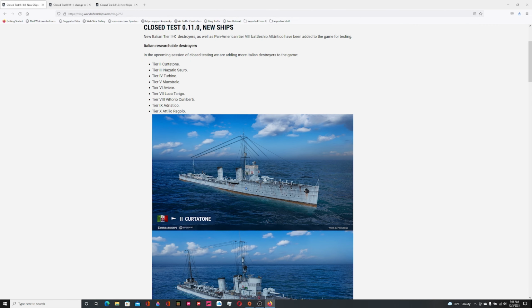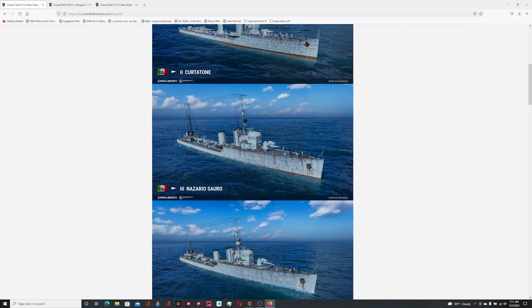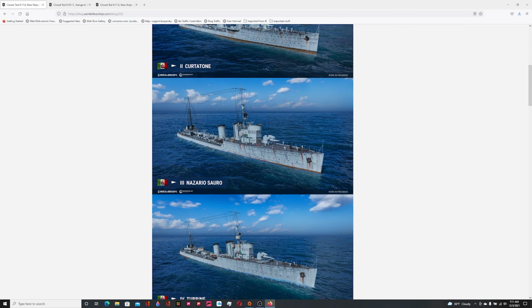So we start off with this Cortatone, call it that. You can see it's kind of got small caliber guns there. But maybe there's another gun at the back there. It's hard to tell. We got some torpedo launchers towards the back. And we got Nazario